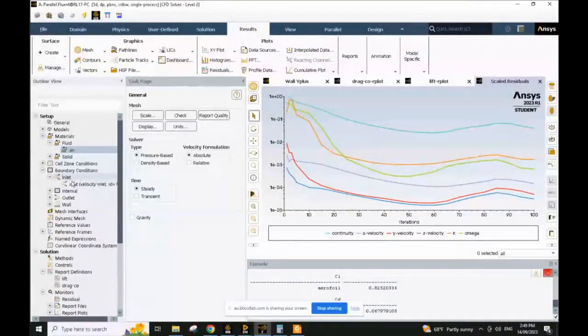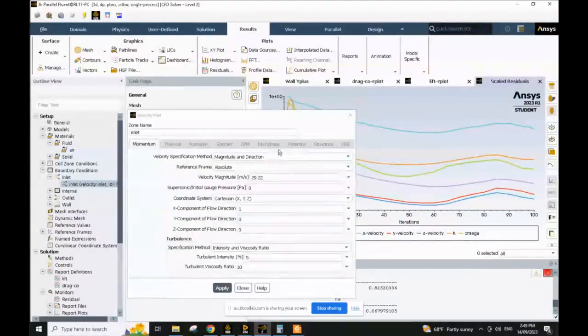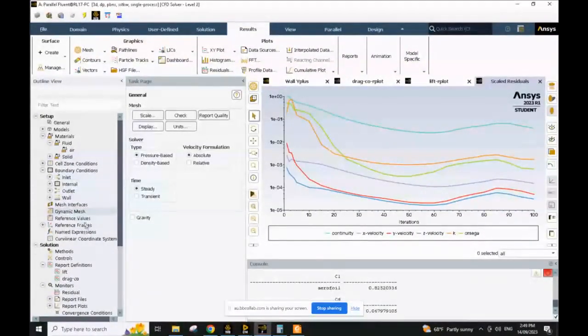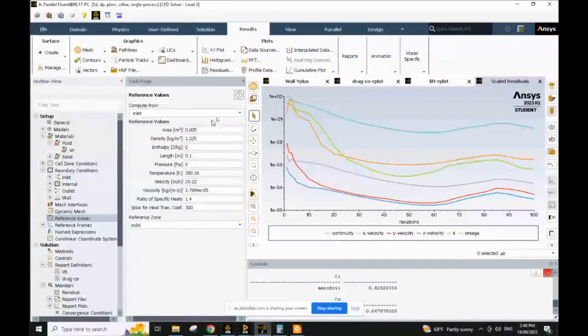Then the velocity, the inlet boundary condition. Here for the inlet boundary condition, I use 29.22. I just insert it and hit apply. So when this one is done, then go to reference value, and here for reference value always compute from inlet,